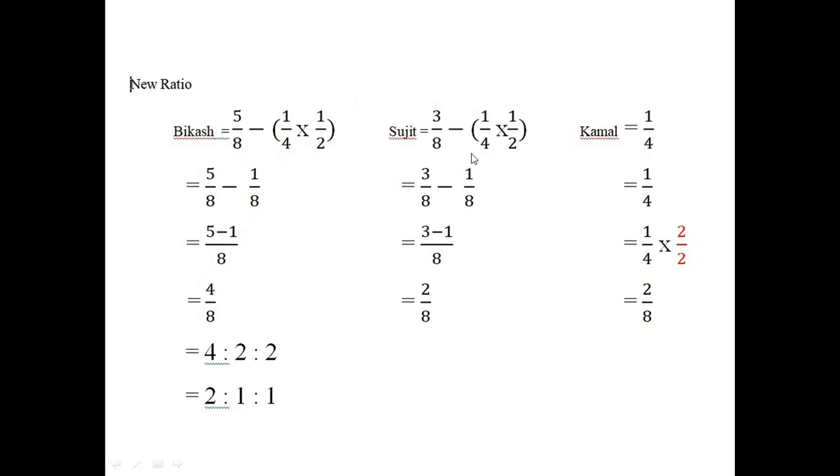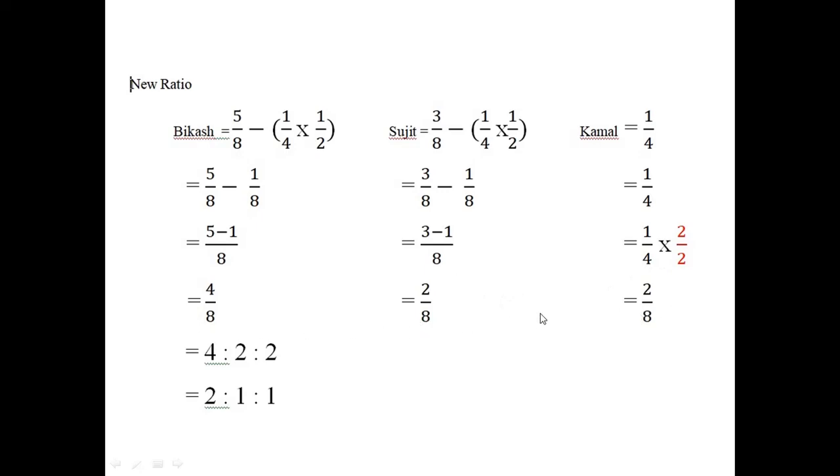So whenever you see the word acquired, it means subtraction. Just like in question number 61, we saw the existing partners or the old partners were surrendering. So whenever you see the term surrender or acquired, it means subtraction. So from the old profit sharing ratio, that is 5 by 8 and 3 by 8 of Vikas and Sujit, these will be subtracted. So you see the new profit sharing ratio will be 2 is to 1 is to 1. We are multiplying this one fourth by 2 so that all the denominators can be equal.